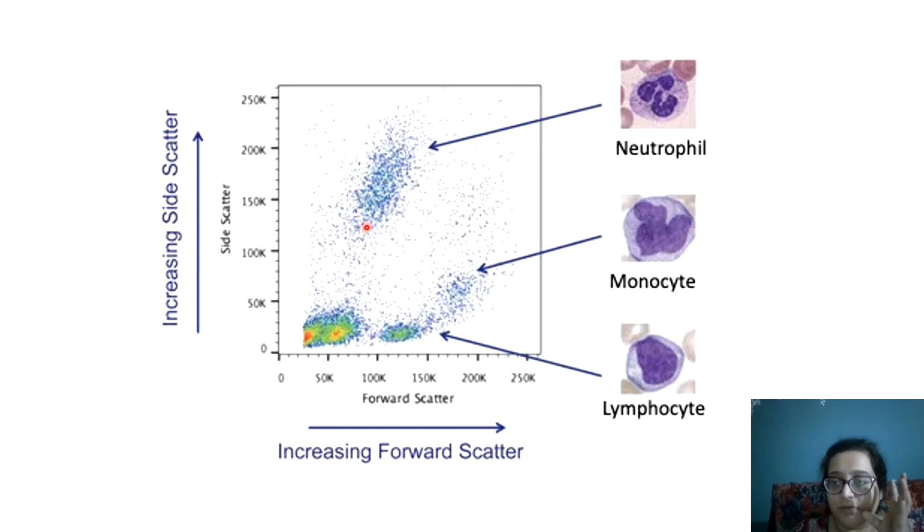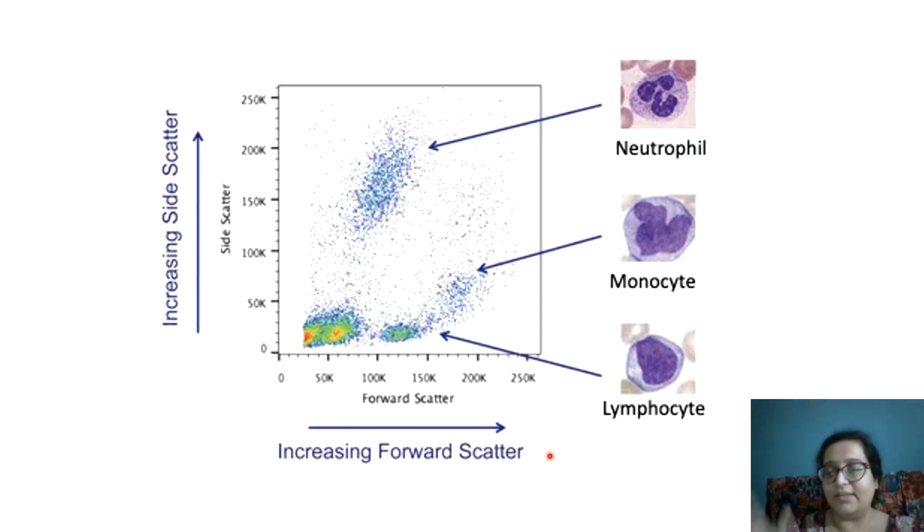Now this is for people who want to understand a bit about the basics of the scatter plot. Any scatter plot which you get in flow is based on two things of the WBC. We are talking only about the WBC right now. One is the size, and one is how complex the entire cell and the cytoplasm inside is. The larger the size, the more is the forward scatter. What is scatter? Scatter is the scattering of the laser light which is incident on the cell, which is falling through that beam of sheath fluid, with the single cell dropping down.